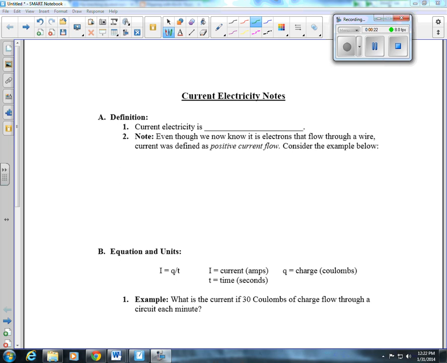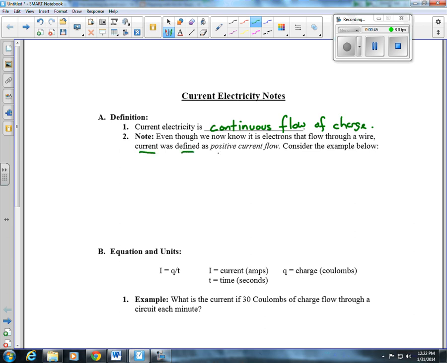Current electricity is the continuous flow of charge. Okay, so the charge is continuously flowing through, say, a wire, as opposed to static electricity where it built up in one spot and then it might spark and jump to another spot, but it wasn't continuously flowing. Now,